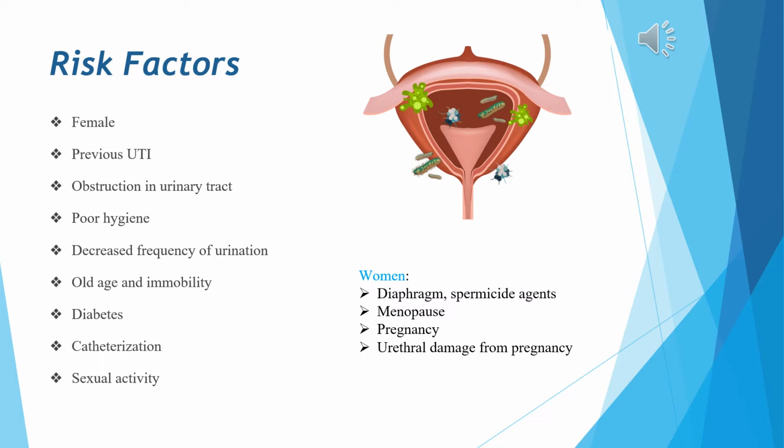You are also more likely to get a UTI if you've had a UTI before, if you have kidney stones or other obstructions in your urinary tract, if you practice poor hygiene, and if you have a decreased frequency for urinating. Not peeing frequently allows the bacteria to grow in the bladder. This is also why the elderly have an increased risk for UTIs. Their bladder muscle weakens, causing urine retention and thus increasing the risk for bacteria to grow since it's not being flushed. Other factors that can increase the risk of UTIs include diabetes and other diseases that impair the immune system,